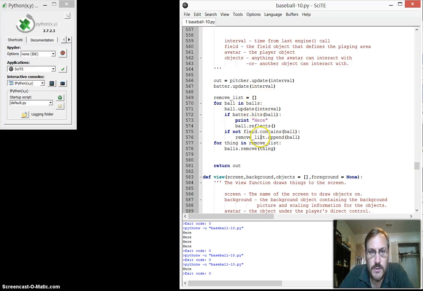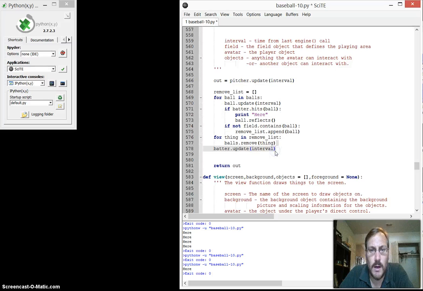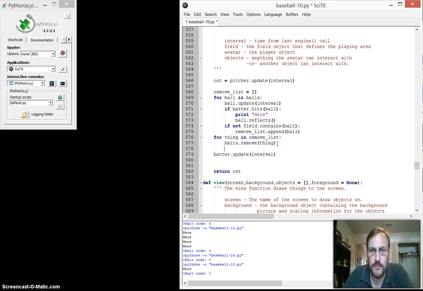Is this balls? Okay, so I'm going to do a couple of things. One, I'm going to move the batter all the way down here. And you might say, why am I going to move the batter all the way down there? I'll tell you in a minute. I won't tell you in a minute. What I'm going to do is check to see if the batter is swinging, and then in the update, I'm going to turn off the swing,